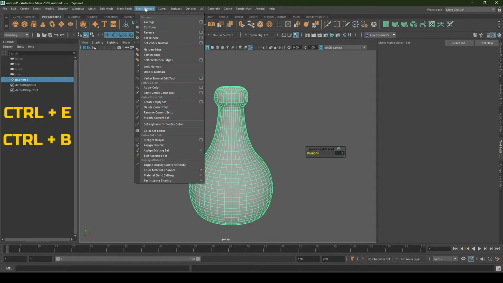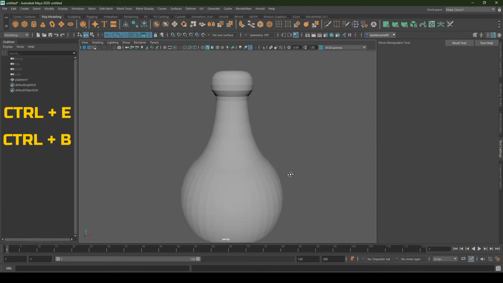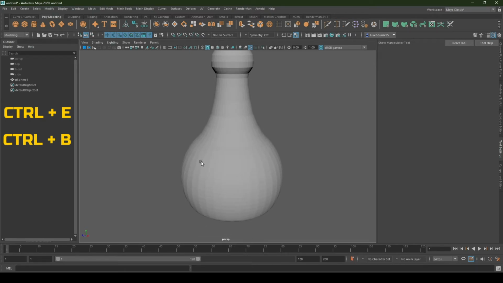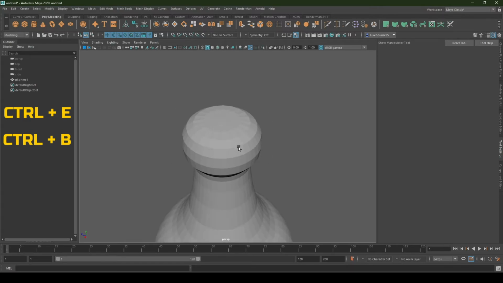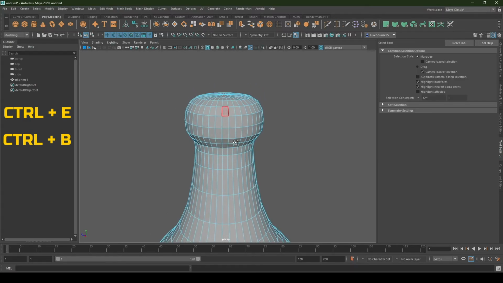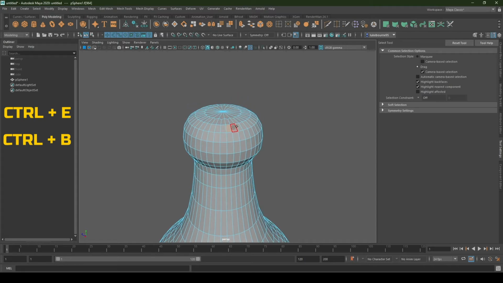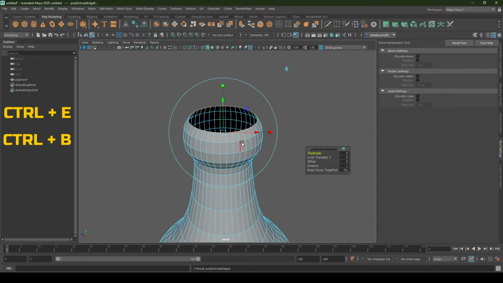Now, if we go to Mesh Display, Harden Edge to get a better view of how it will look when we print it out, all of those facets are much smaller than they were before. I'm pretty happy with where this is at. The last thing that I might do here is go to this face loop up here, delete that, delete the cap, select this edge, extrude inwards